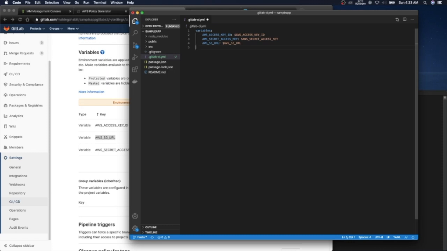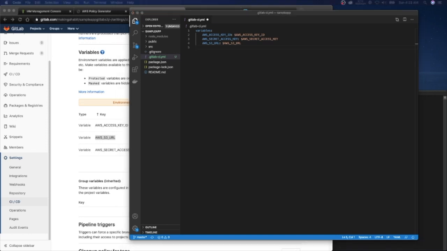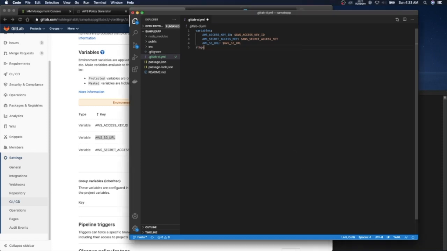Next is we are going to declare the pipeline stages. To do that, we're going to have build and then deploy for now. Okay, then for the build